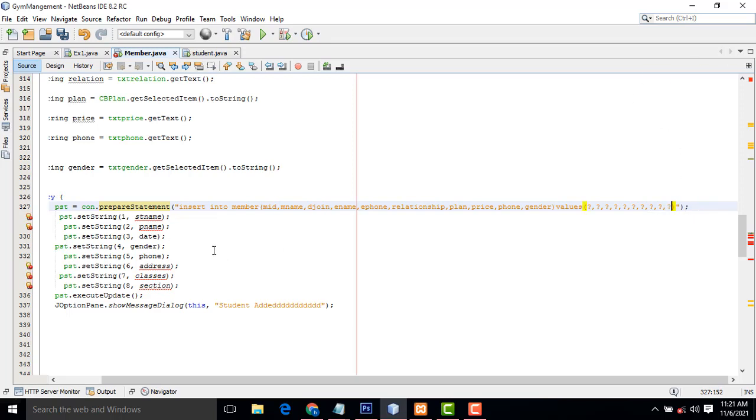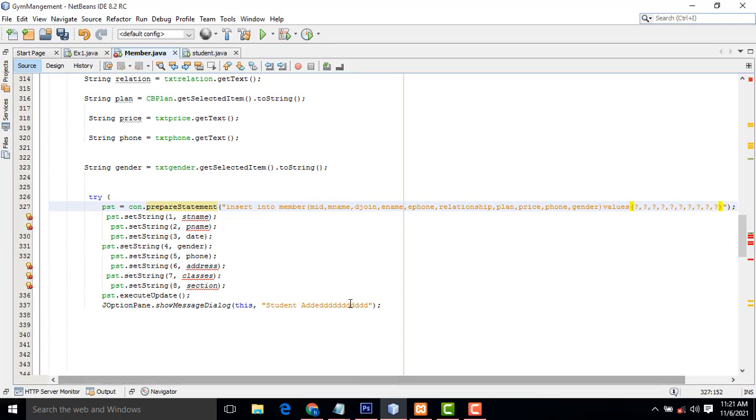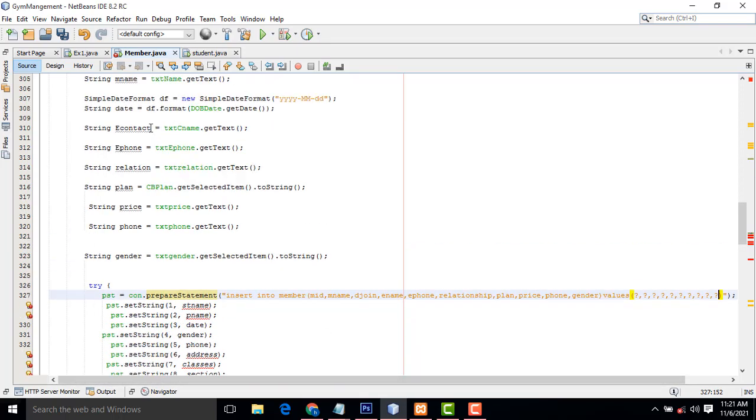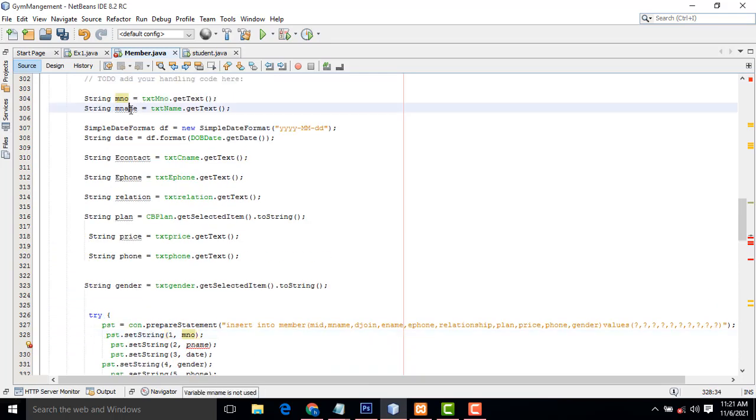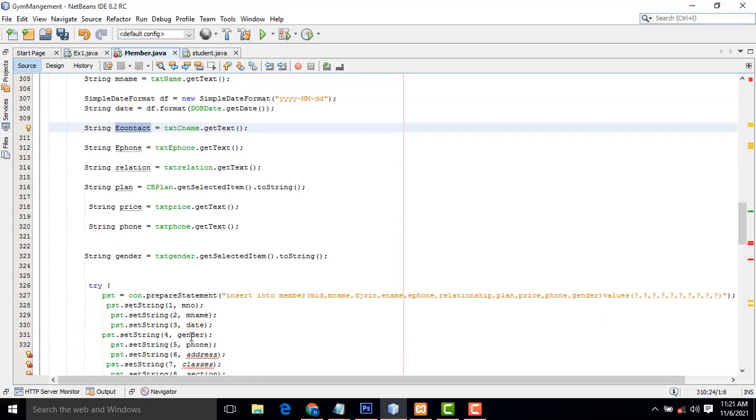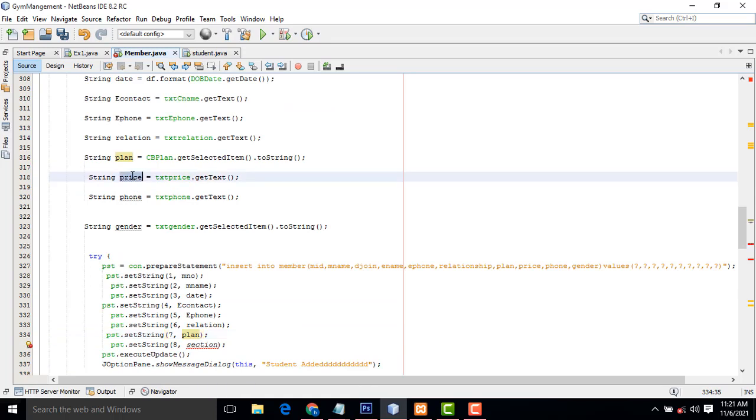Perfect. Now here you have to assign the relevant values. M number is there. After that, M name, date, contact, phone, relation, plan, price.